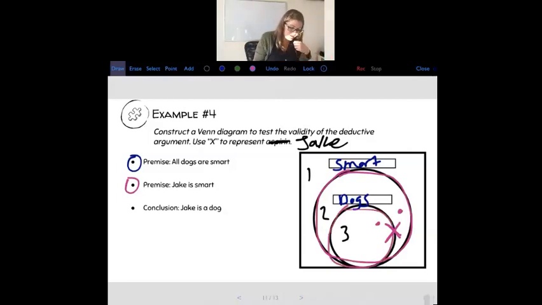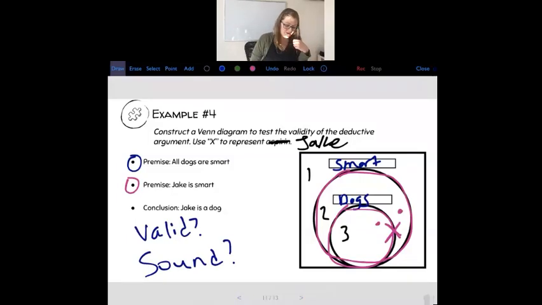Then we check to see if it's valid or sound. The conclusion is Jake is a dog. So we take a look here. We're not sure because X is on the border. It's not definitive whether Jake is a dog or not. So this would be not valid, which automatically makes it